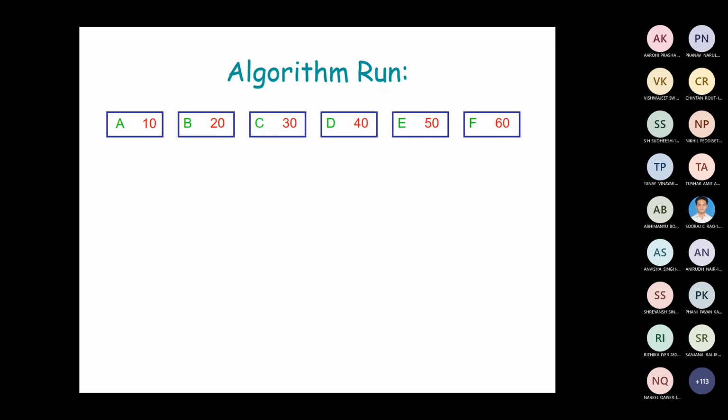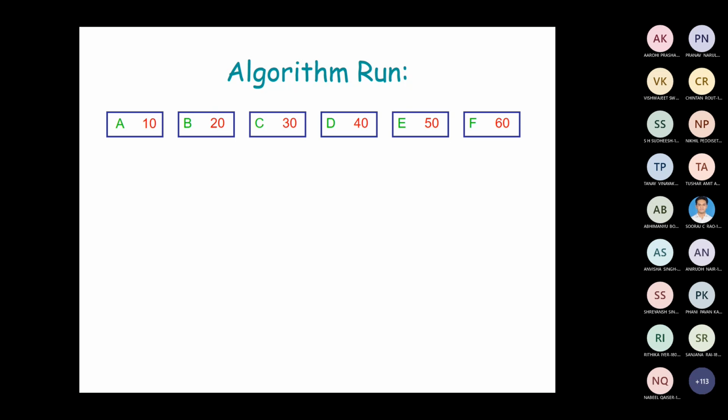Let us make use of the algorithm to construct the Huffman tree. Now all my symbols are arranged by frequency of occurrence. So A is 10 times, B is 10, C is 30, D is 40, E is 50, and F is 60. So all trees are created with all these symbols. A is 10. In the next step, what you have to do is consider the least two symbols. Which are the least two symbols? A as well as B here.